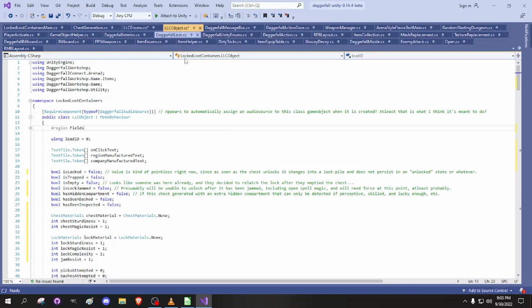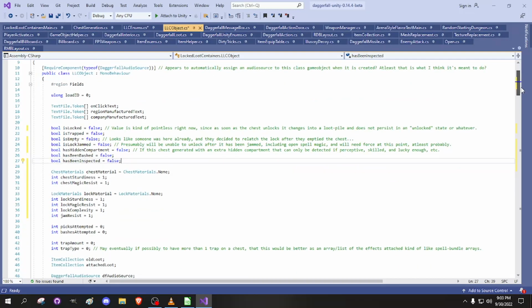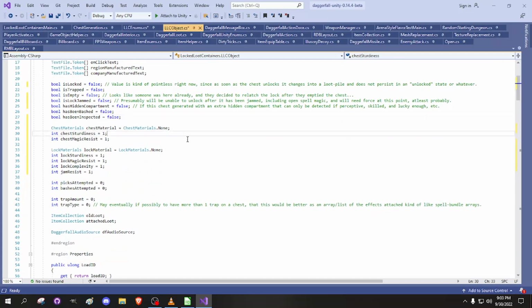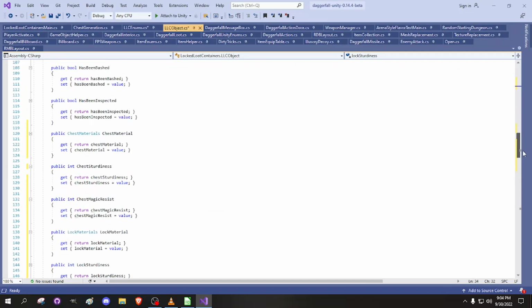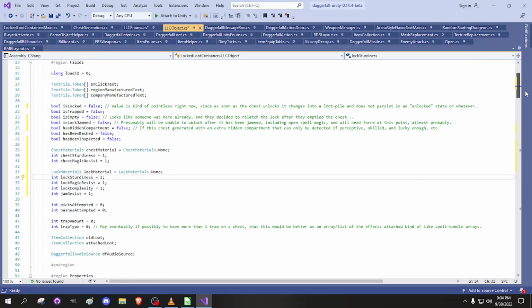And then I went back to LLC object and I cleaned up some stuff a little bit. I put some comments here and there just for my reference to clarify what I plan to do with certain values and attributes. I cleaned up some of the stuff, and I put some of the stuff I'm planning on using, I guess. Just changed this around organizationally, but